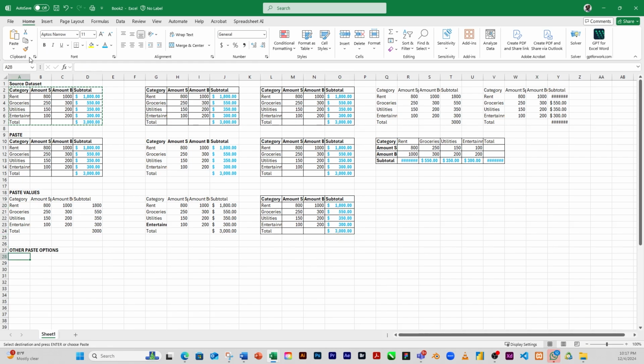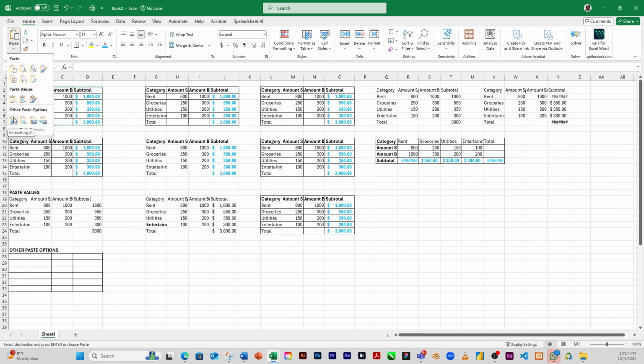Then when we go to other options, we have this, pasting the formatting or the format of the source data. You can see that it only picks up the lines, the borders, right? So you can copy and paste only the formatting, the border formatting of the source data. The next one is